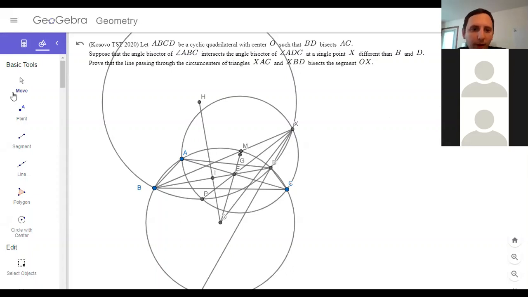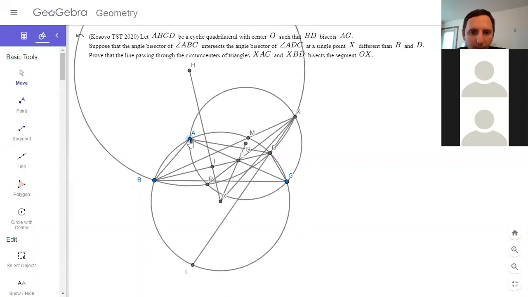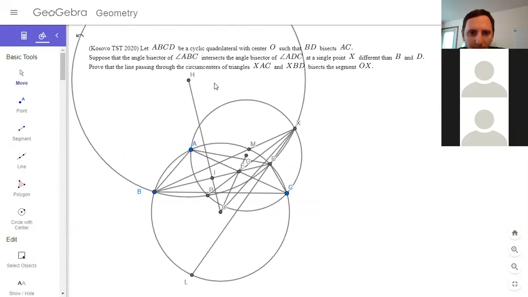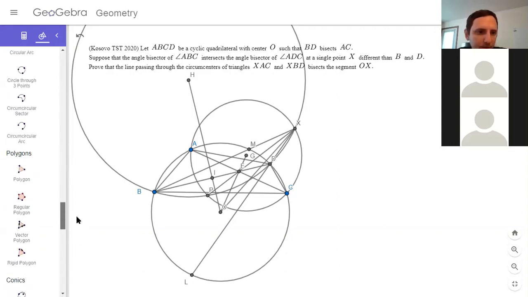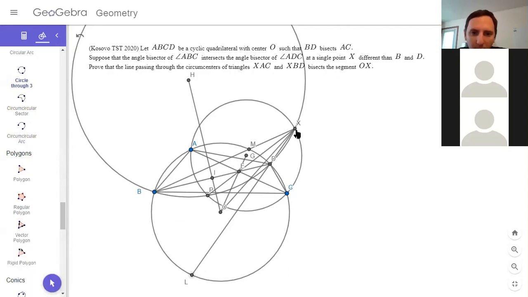Let me change the diagram around a little bit. XBD and XLM. Okay, so